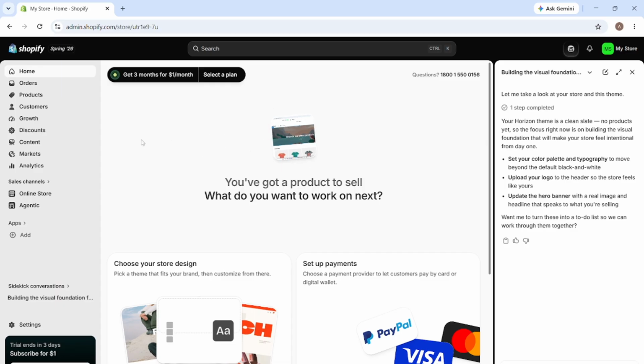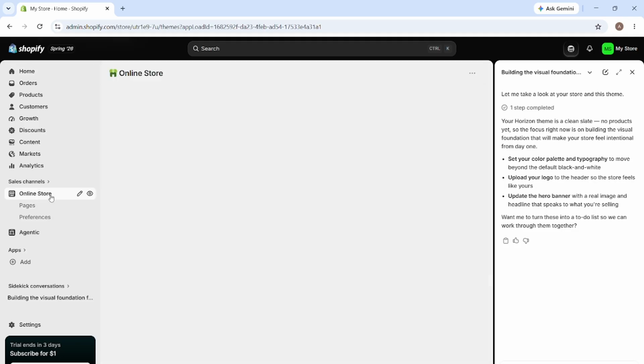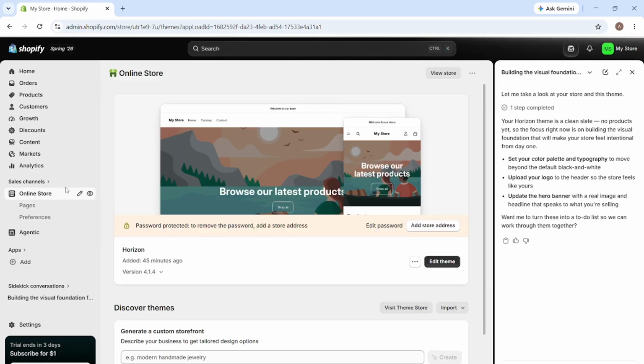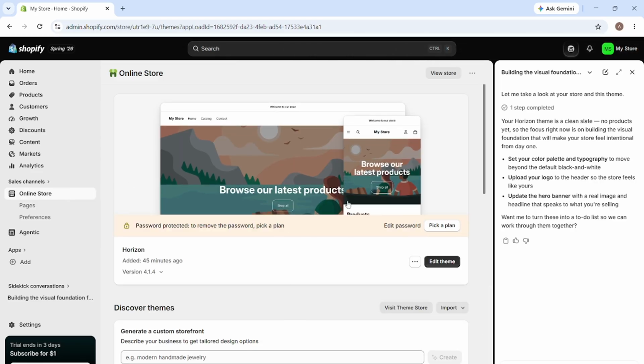Next, after you are logged in, you will click Online Store. This is the section that controls the public-facing part of your shop, meaning what visitors actually see when they visit your store. When you open Online Store, look for options related to your storefront theme. You are going to spend most of your time here because your theme determines the overall look, layout, and style